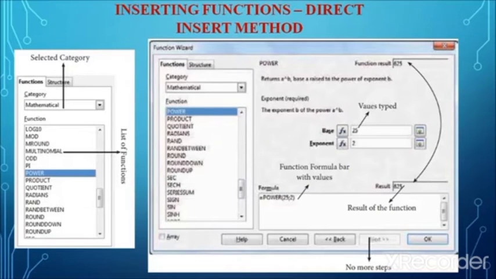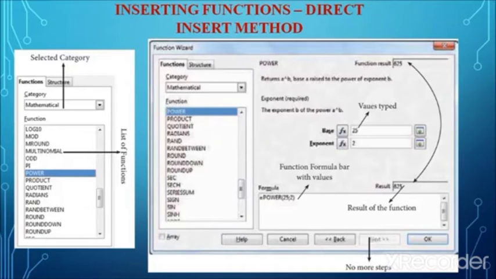We have already seen the steps for constructing a formula, in which the formula must begin with the equal to symbol. So here the equal to symbol is used, and then the function name, and within the brackets you see range 1, range 2, range 3, and it goes on till range n. So this is the syntax. For example, it can be range 1 or it can be cell 1, like that.